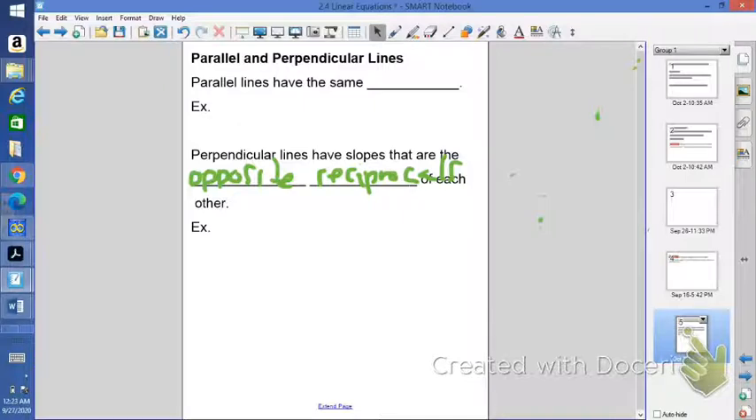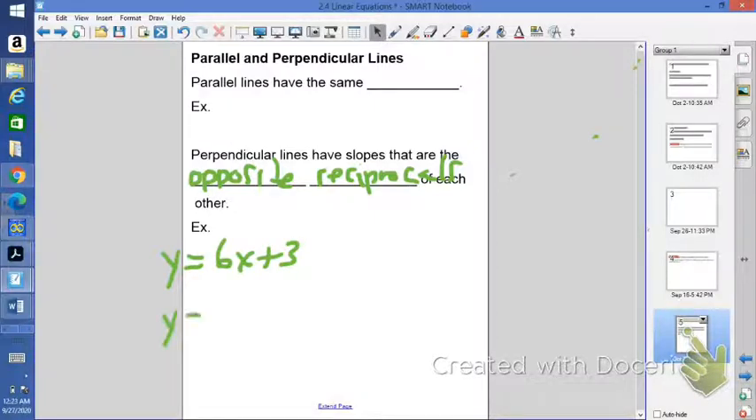So if I have negative 1/3, what's the opposite reciprocal going to be? It's just going to be positive 3, or 3 over 1. Because I'm flipping the numerator and the denominator, and I'm taking the opposite sign. So some examples of equations that are perpendicular to each other. We can say y equals 6x plus 3